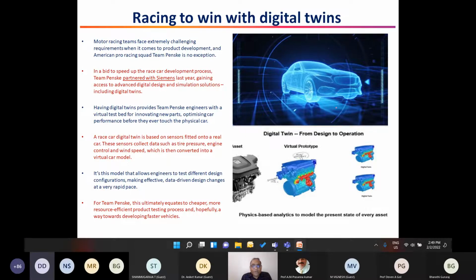So a company called Penske is tied up with Siemens, and they are trying to analyze the working of these engines during the runtime. When the engine is put on a platform for racing, they have incorporated so many sensors inside it, so they collect real-time data whenever the race is happening, and interpret this data using analytics to optimize these engines, so that when they come up with the next version of the vehicles, all these things will be addressed, and they improve the speed of the cars, right?